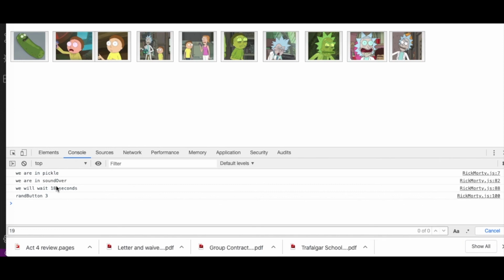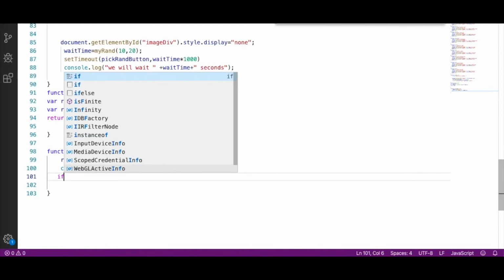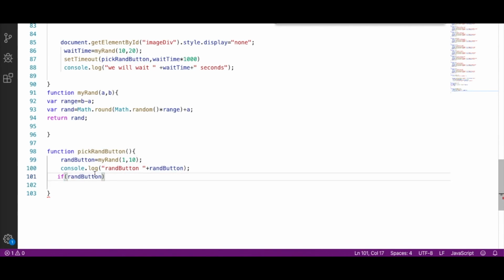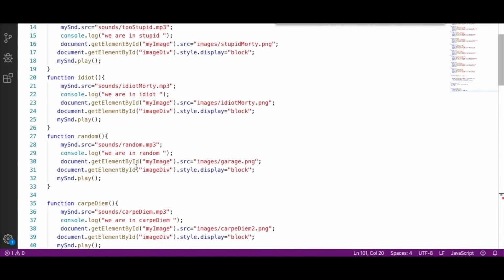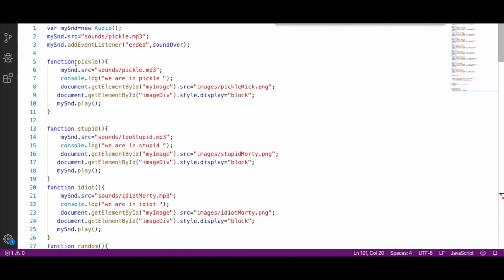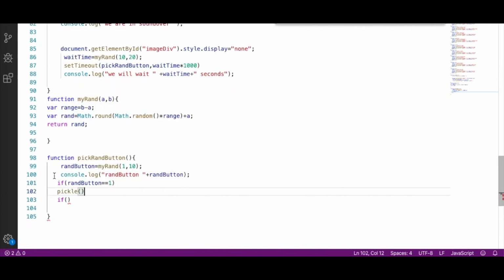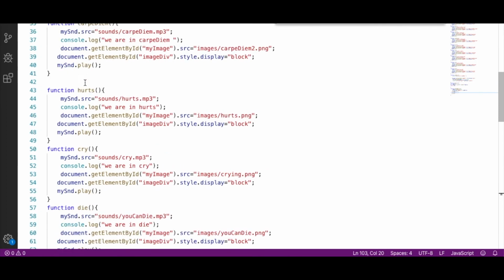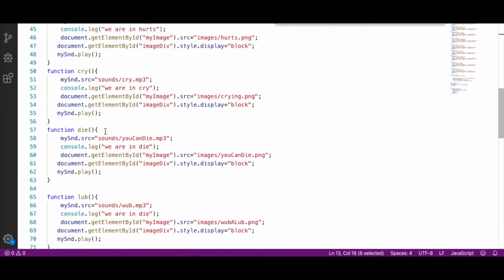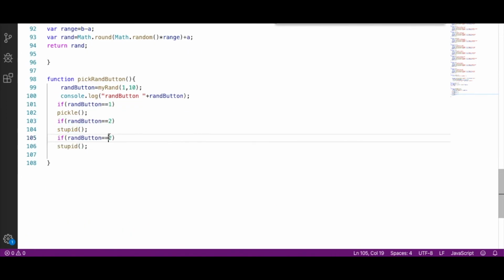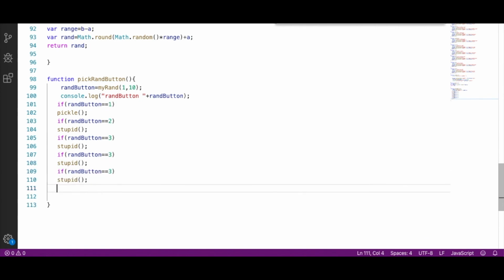If it picked 3, it's going to go to our third button and play it. If randButton is equal to 1, I am going to go to the pickle function. Else, if I don't use an else, and I just use a whole bunch of ifs. If button is equal to 1, go to pickle. If button is equal to 2, go to stupid, and then there's idiot. 1, 2, 3, 4, 5, 6, 7,